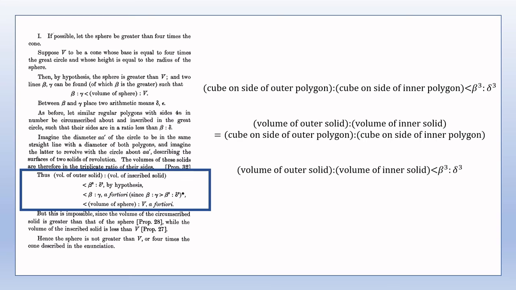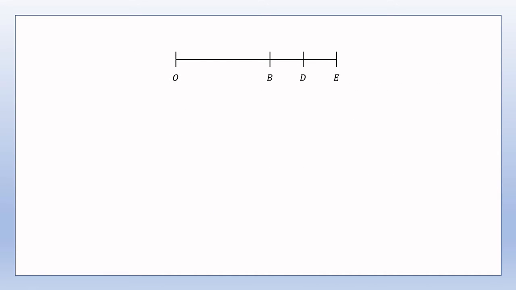And from this it can be seen at least how the inequality involving cubics may be obtained through a suitable generalization. At a point O, construct a straight line OE of length equal to epsilon, and cut off lengths OB and OD equal in length to beta and delta respectively. Then since beta, delta and epsilon are in what we may call arithmetic progression, BD and DE are equal in length. Now by Euclid's 2.4,